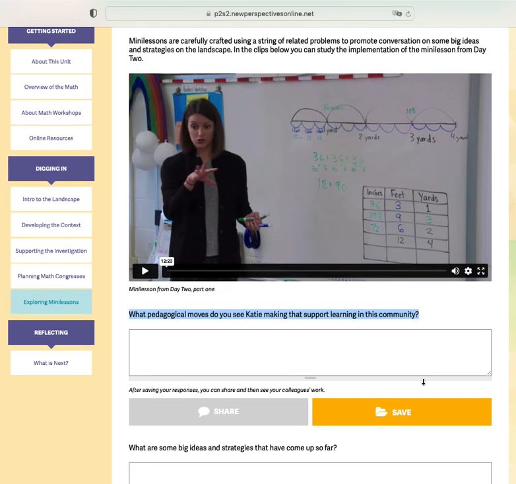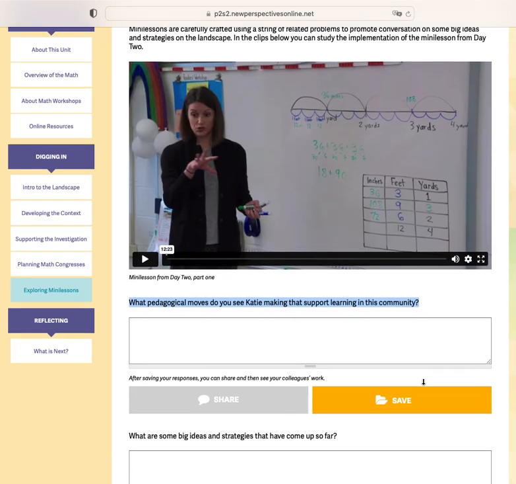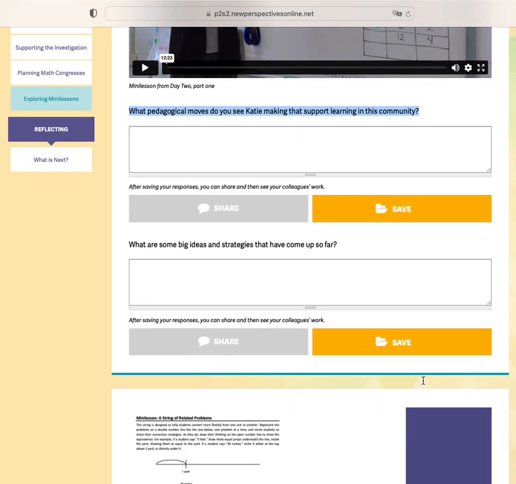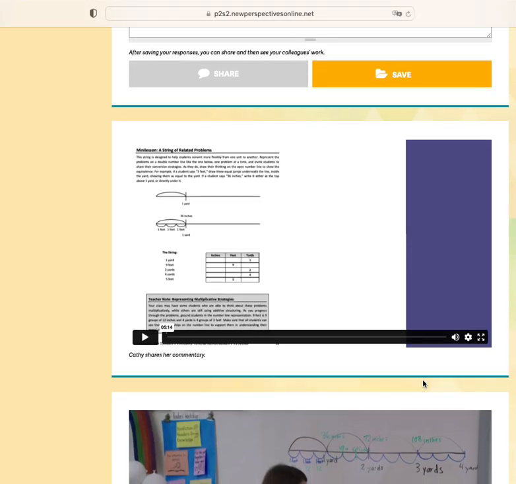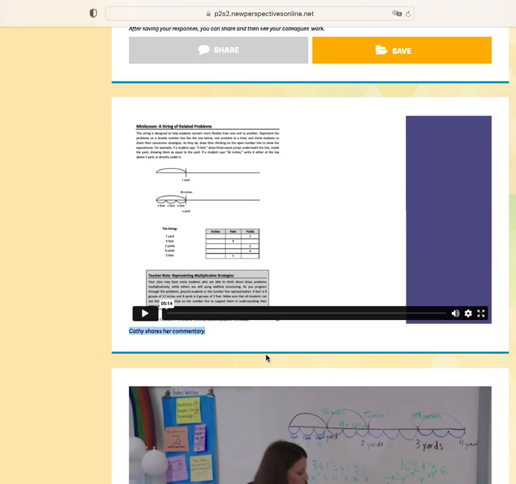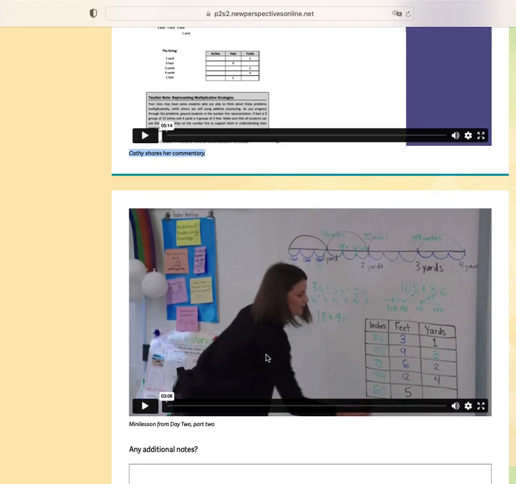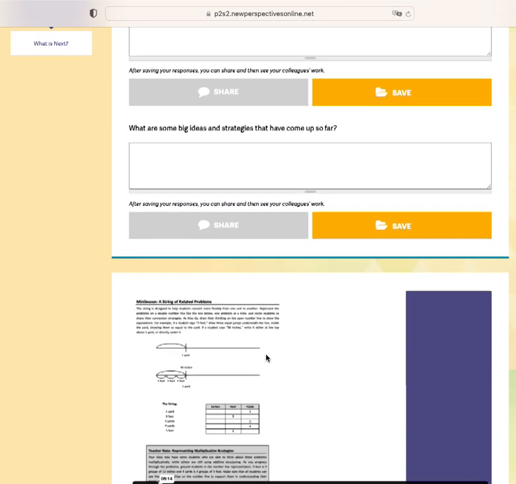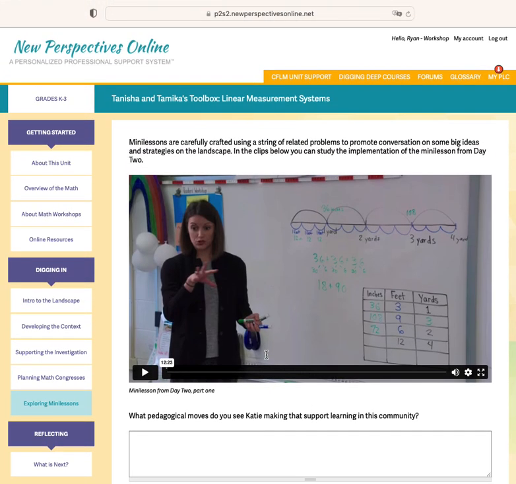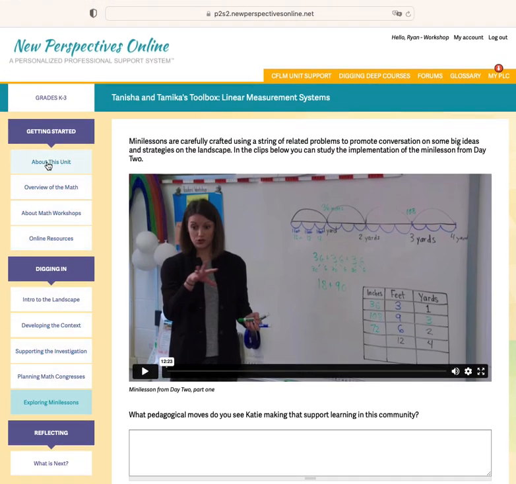So for those of you who are working at a school or district level, you can assign these modules, these sections to teachers before you go out and co-plan or co-teach with them to get the conversation started. So you can see some of that here. You'll often see Kathy or one of the authors of the units then follow that with commentary on what she noticed or we noticed when we were analyzing that clip, and then maybe moving on to another section. So that's what you typically see in each of these tabs, each of these modules for all of the